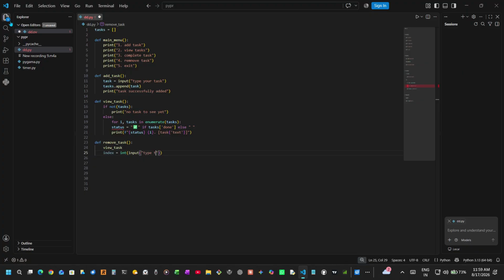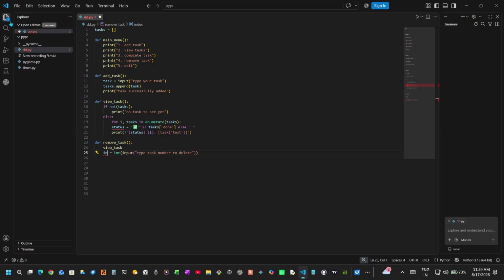The system will print this line, and the user can see what the system is asking. Suppose the user wants the third task deleted, so they type 3, and now the system knows which task the user wants to delete. So after that,